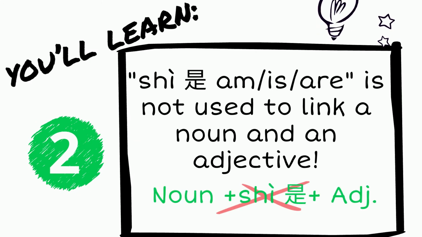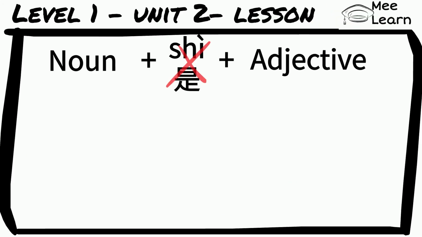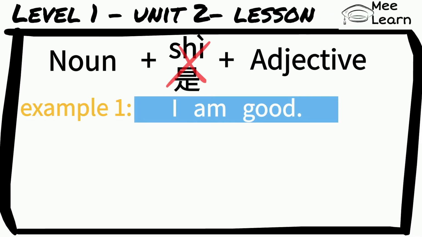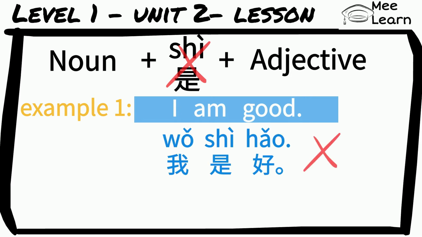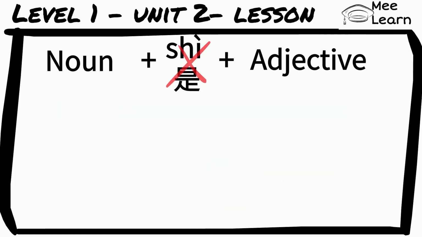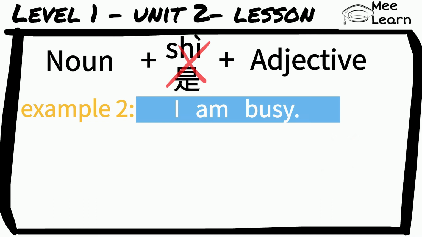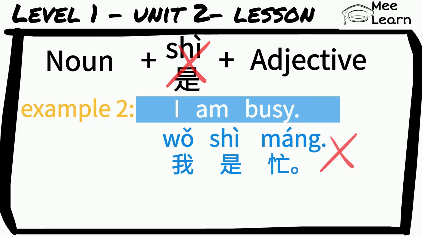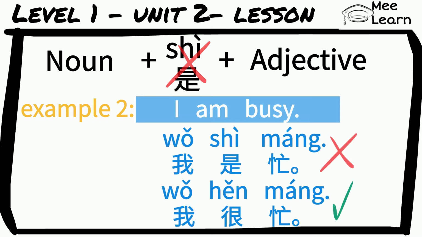Note here that 是 is not used to link a noun and an adjective. Example 1. If you want to say I am good, you cannot say 我是好. You should say 我很好。Example 2. If you want to say I'm busy, you cannot say 我是忙. Instead, you should say 我很忙。